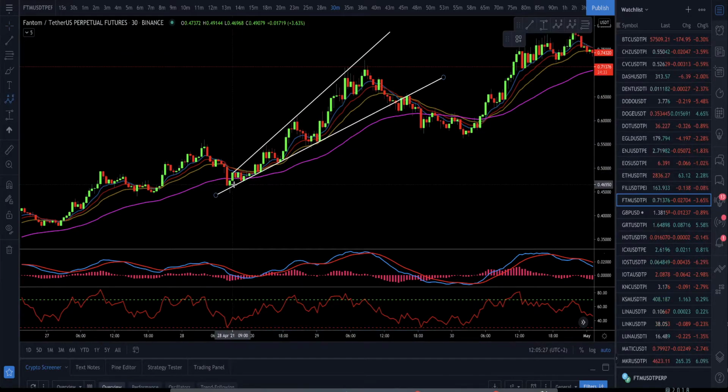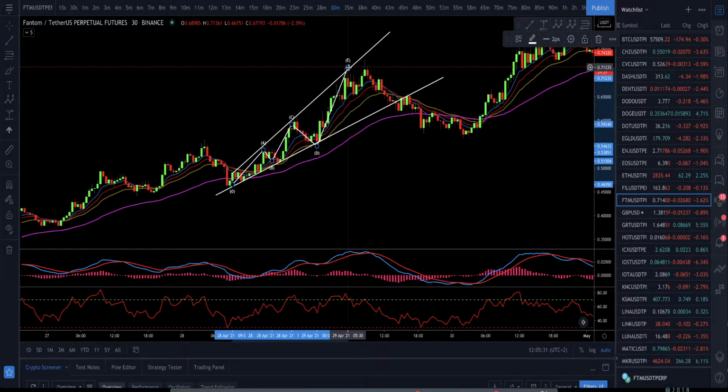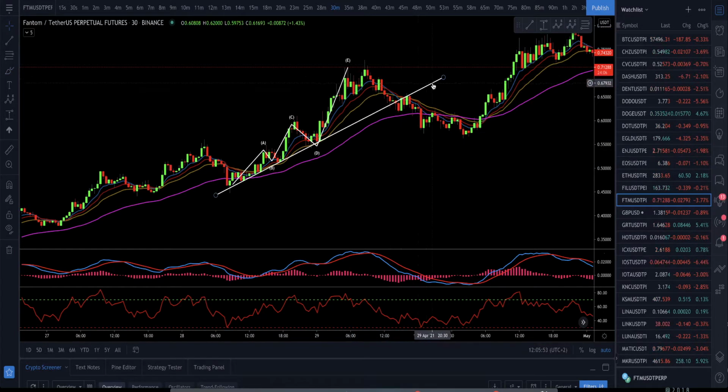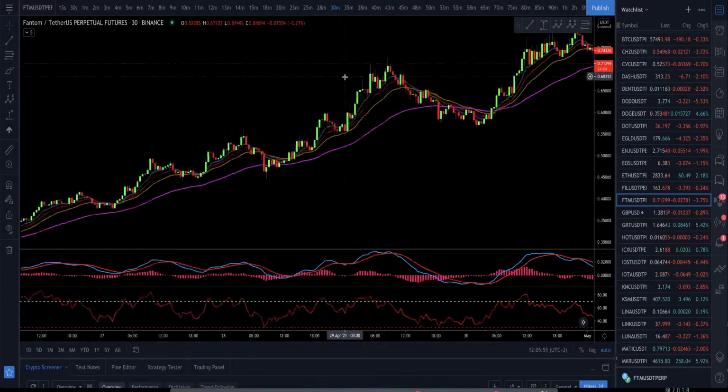A B C, A B C D E, and this is King zone. This is King zone here, right? It doesn't have to touch the trend line. You can also show it here for a scalp, but if you are looking for reversal, always look at the King zone. So